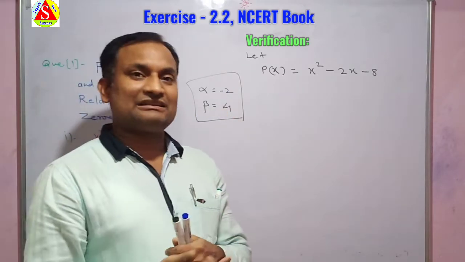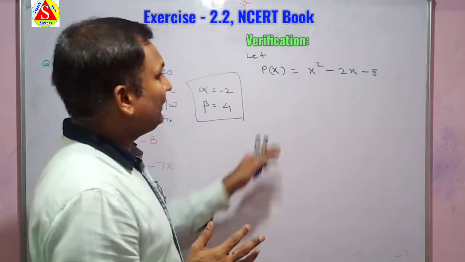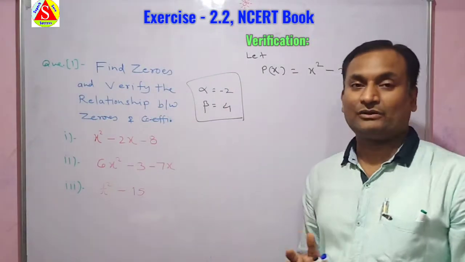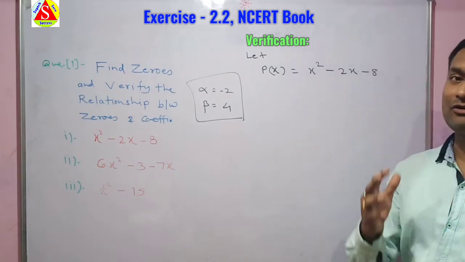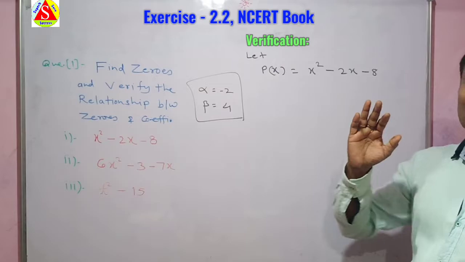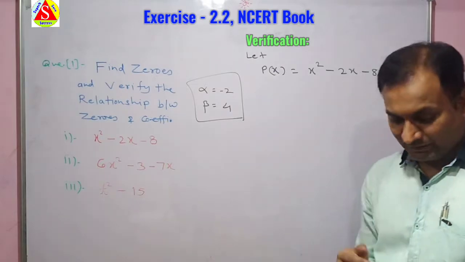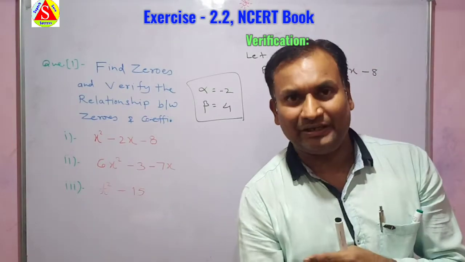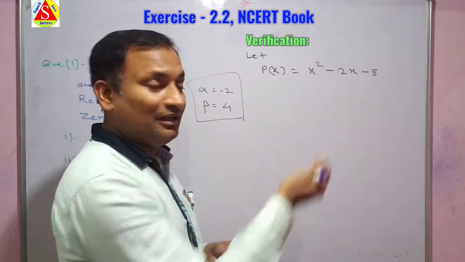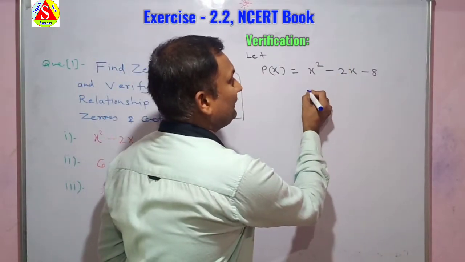Okay, so after that what we have to do? We will obtain the value of coefficients. So how can we obtain the coefficients value? By comparing the given polynomial with the standard polynomial. So when we compare the given polynomial with the standard polynomial, here we will have